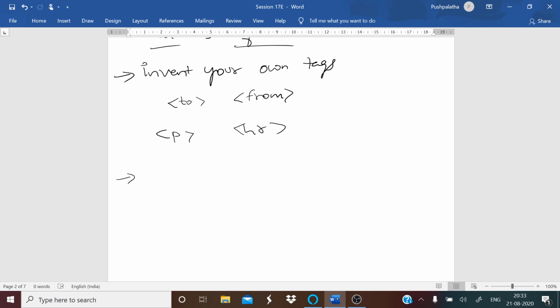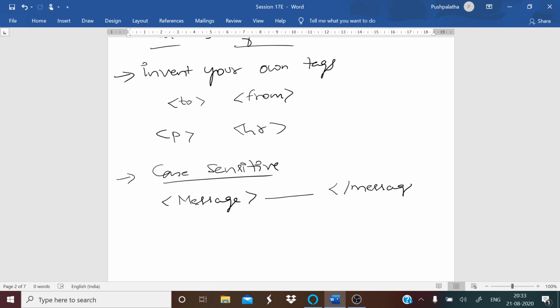And XML tags are case sensitive. I think you know what you mean by case sensitive. The capital letter and the small letters are different. Now, for example, if you are sending a message, you are typing the matter and you give it as message.